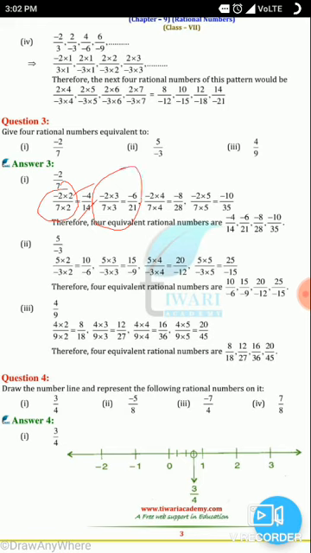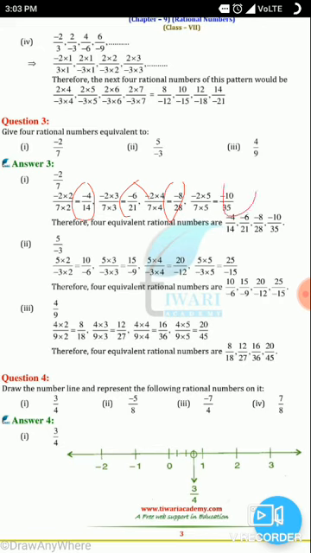So minus 2 into 3, 3 twos are 6, one negative, one positive, so put the minus sign before 6, and 7 threes are 21. Right? Same way, when we multiply this number with 4, we will get minus 8 upon 28. Same way, when you multiply by 5, you will get minus 10 upon 35. Correct, students? So this way we will get our answers.